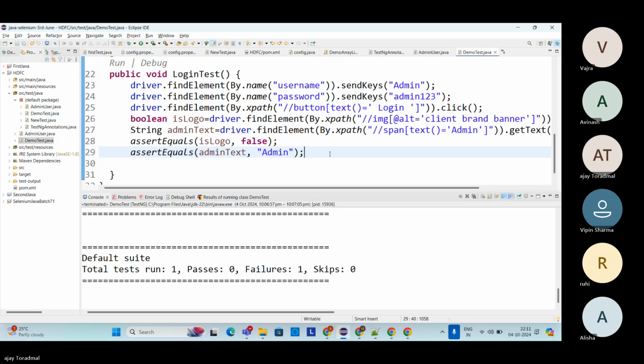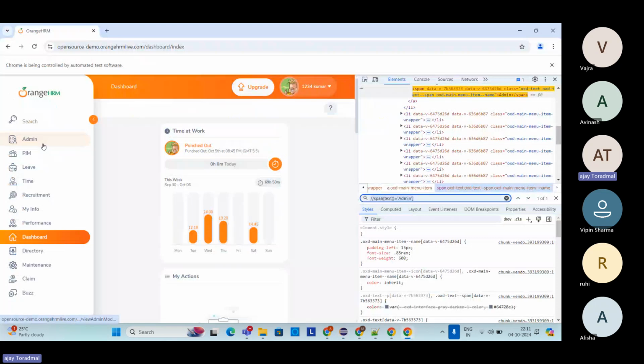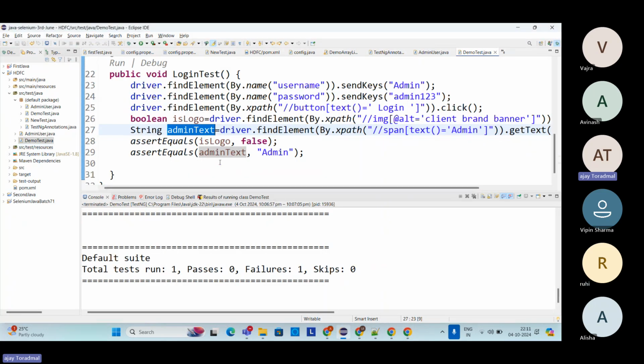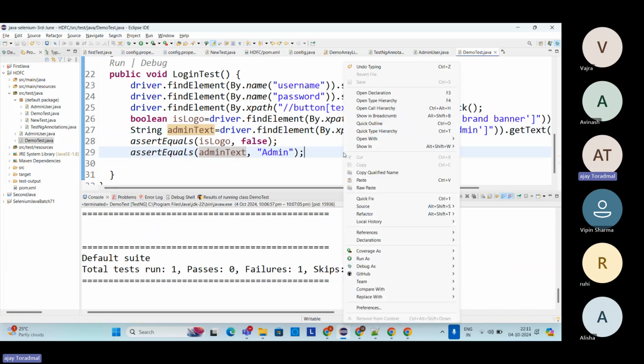We have to give the text instead of true or false. It's a string, because we are giving a string and it's going to return this particular text. So I'm going to verify whether this particular text is displayed or not. For the tab, it's going to return this particular text, and I'm going to check whether this text is admin or not. So now if I run this particular test,